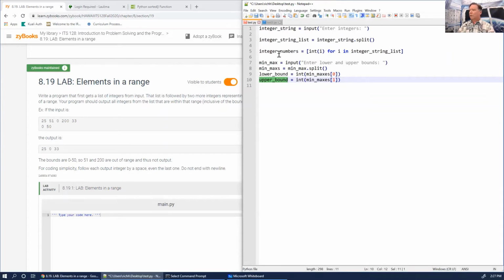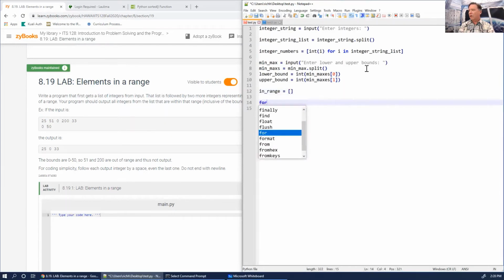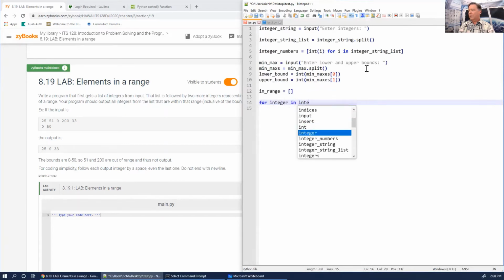So now we're going to loop through all of these numbers, and we're going to make a new list, which we're going to end up printing. Let's see, we actually could. Now let's just leave it this way. So I'm going to make a new list called in range, and it's going to be a list equals a list. And I'm going to do for integer in integer numbers,